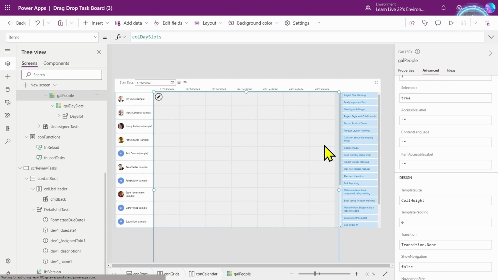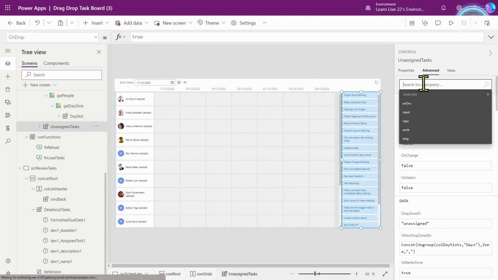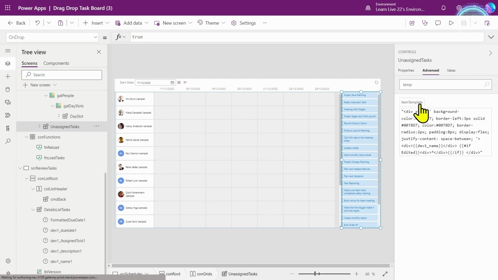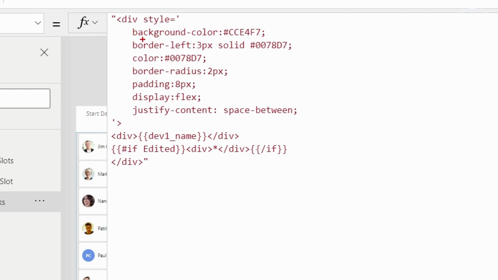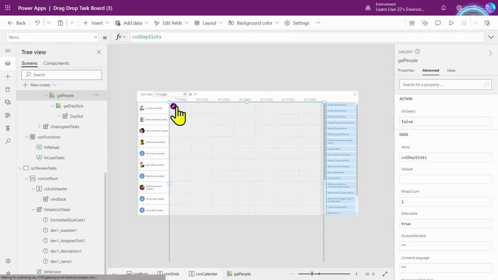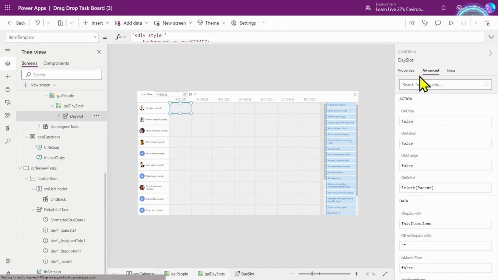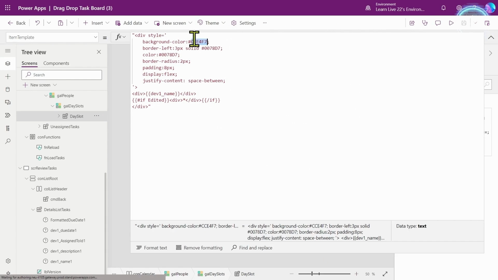But also, and this is something I've been asked about a lot, if we look at this master drop zone and we look for the template here, and if we look at that template, this is what we've got at the moment. Say I wanted to have a different template, maybe a different background color for the different drop zones you put it into. If we look at the day slot template where we left it off before, and let's get that template, at the moment, it's exactly the same.